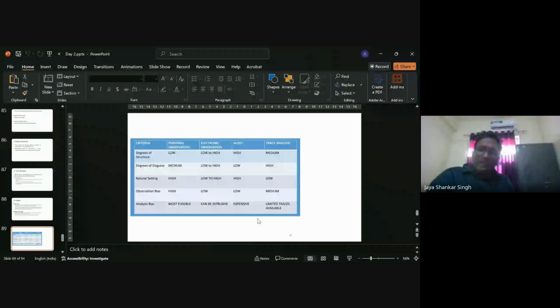Trace analysis, again, the structure is medium. The reason is that in trace analysis, creativity plays a very important role. You cannot go with set rules to trace certain events. Suppose I'm an IT expert trying to trace a particular email. There will be a few structured ways of approaching that, but again, I will have to use my own creativity. And also we know research